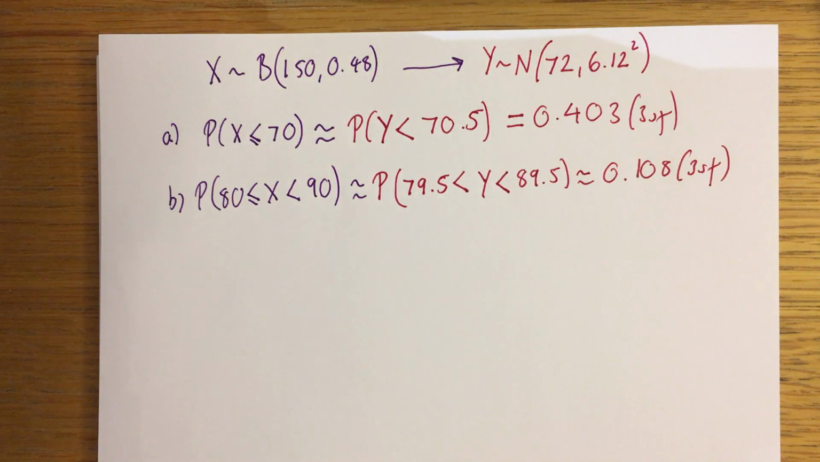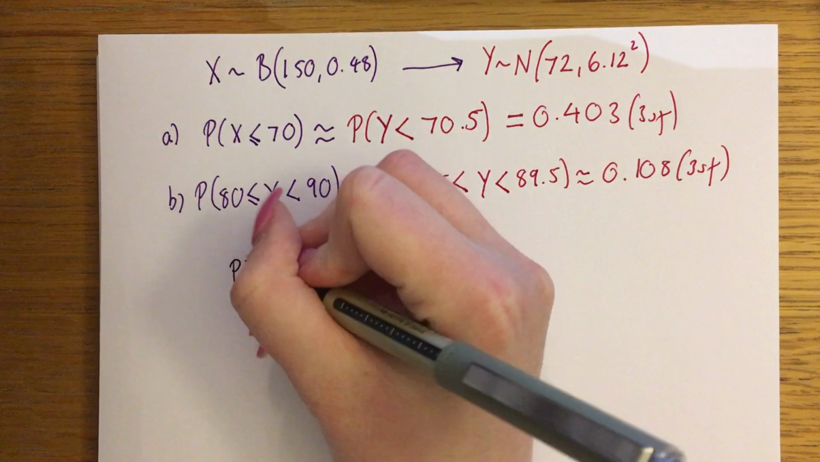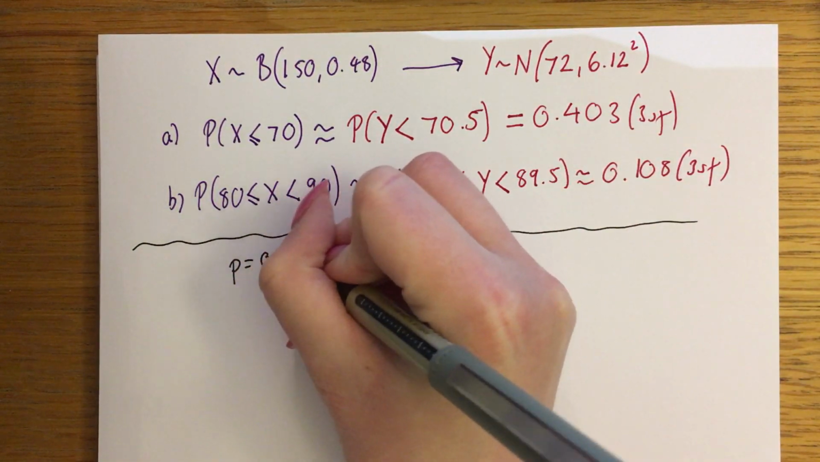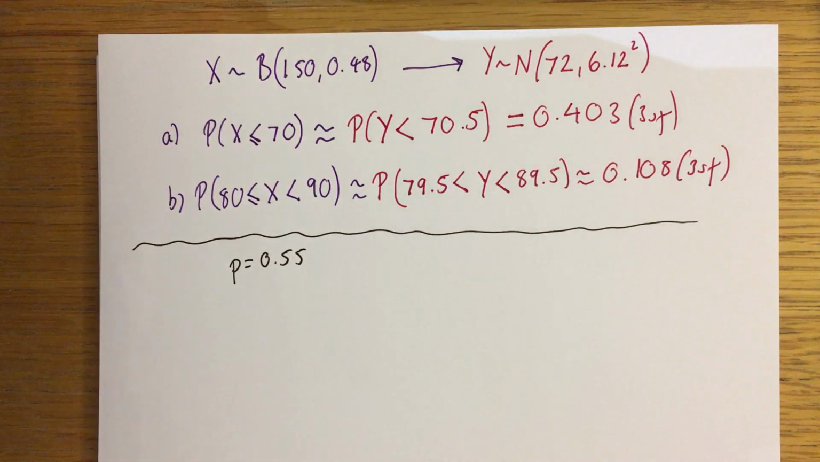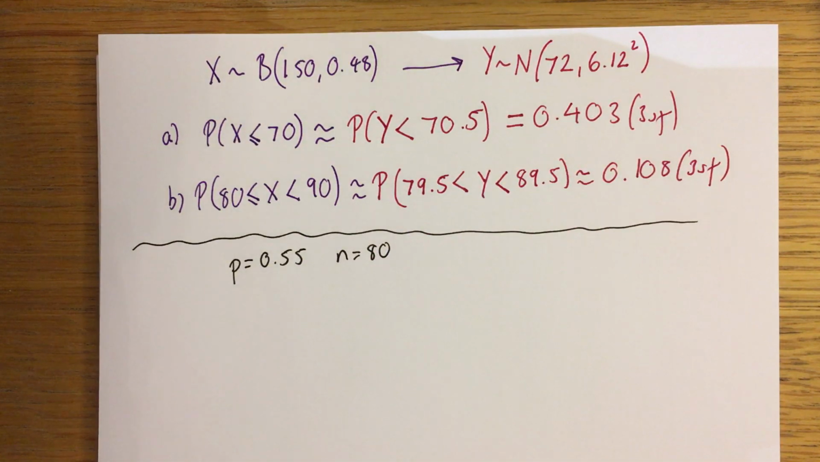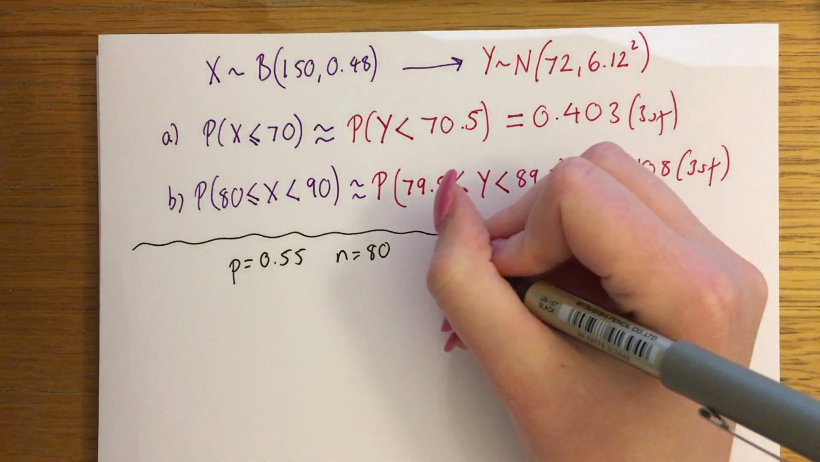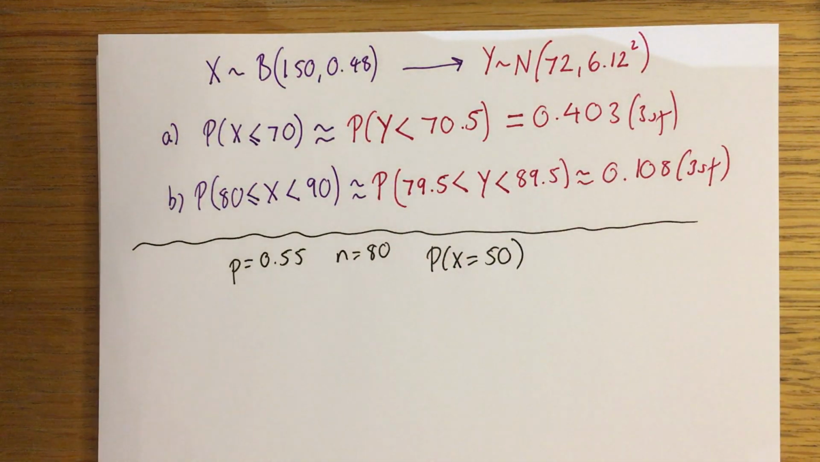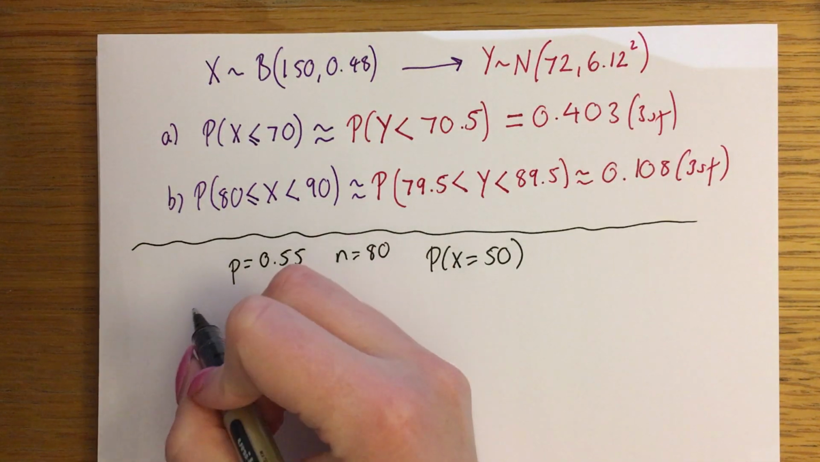for a particular type of flower bulb, 55% will produce yellow flowers. So our probability of success, which is going to be yellow flowers, is 0.55. A random sample of 80 bulbs is planted. Calculate the percentage error incurred when using a normal approximation to estimate the probability that there are exactly 50 yellow flowers. So let's just set up my binomial